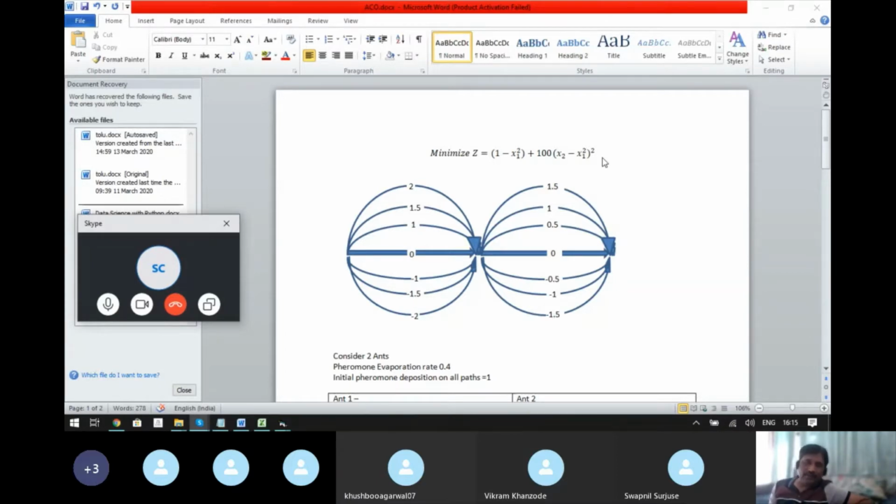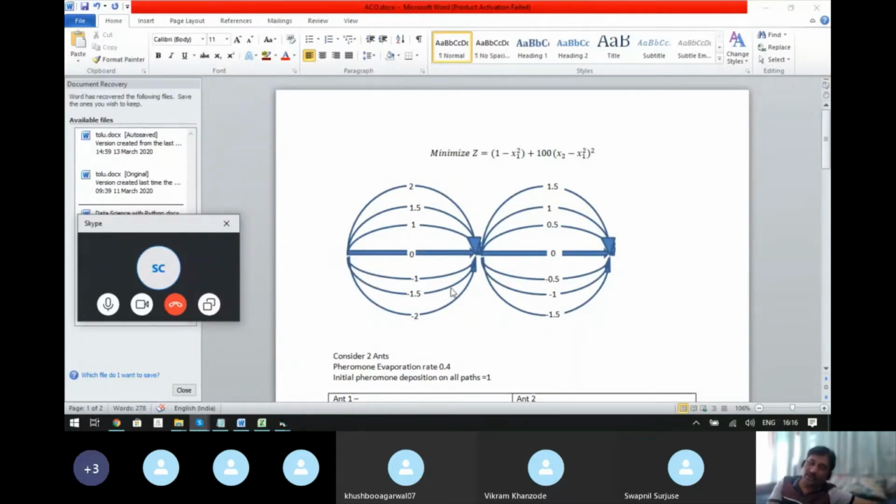So what we will be doing, we have the first section which will be indicating the x1 variable, the paths for ants to travel and represent x1 variable travel. And this will be representing x2 variable travel. Now, we are having various paths for ants to travel. One path that is shown by this cursor is depicting that the x1 value is minus 2. This is the path on which the x1 value is minus 2.